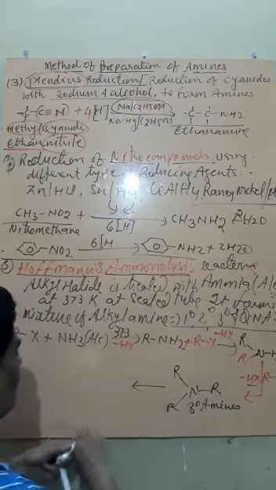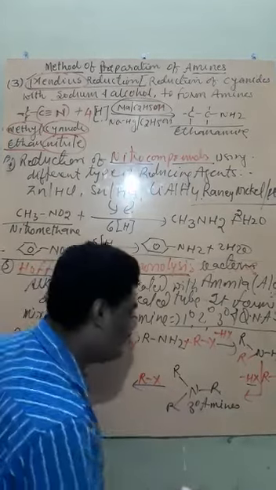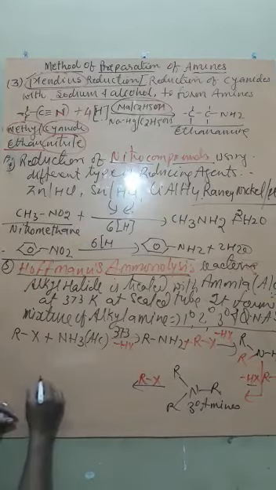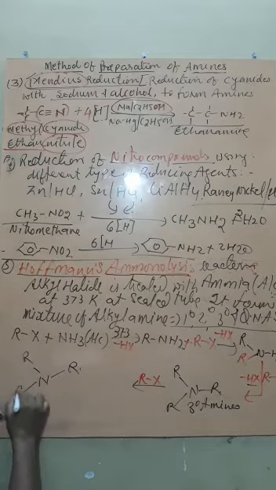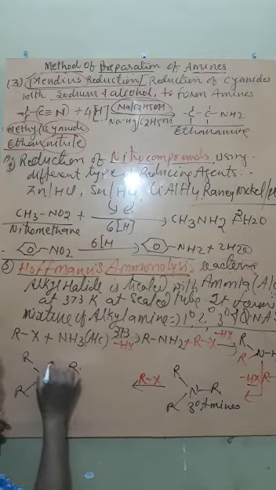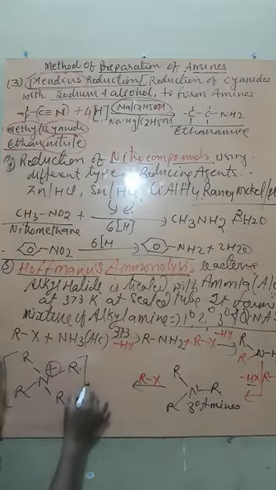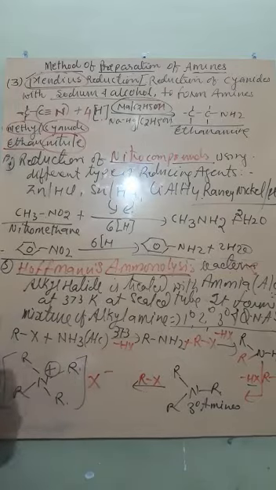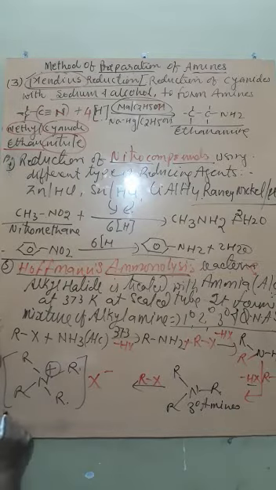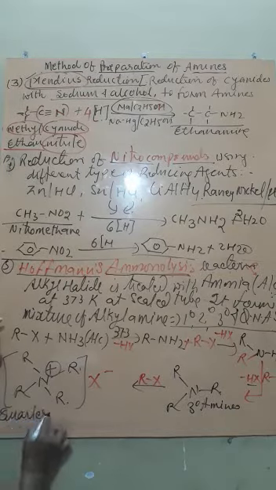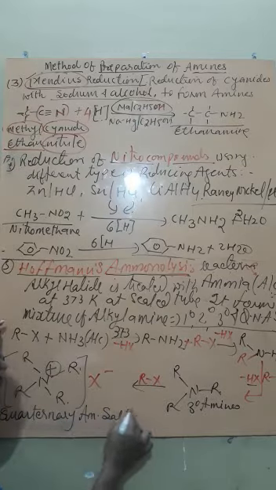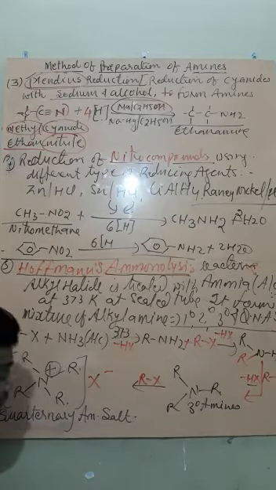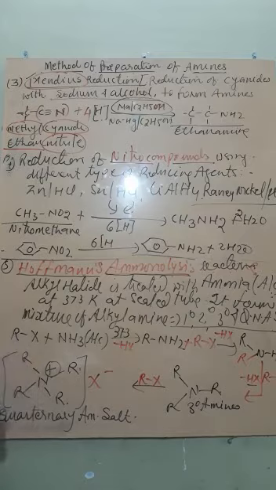And again if it reacts with one more molecule of alkyl halide under the same conditions, it will form quaternary ammonium salt. Say R, one more R and one more R, and there is a plus charge, written in brackets, with X minus, and N. This is called a synthetic detergent. It is one of the very important synthetic detergents. This is called quaternary ammonium salt. But the problem is that a mixture of different types of alkyl amines is obtained.